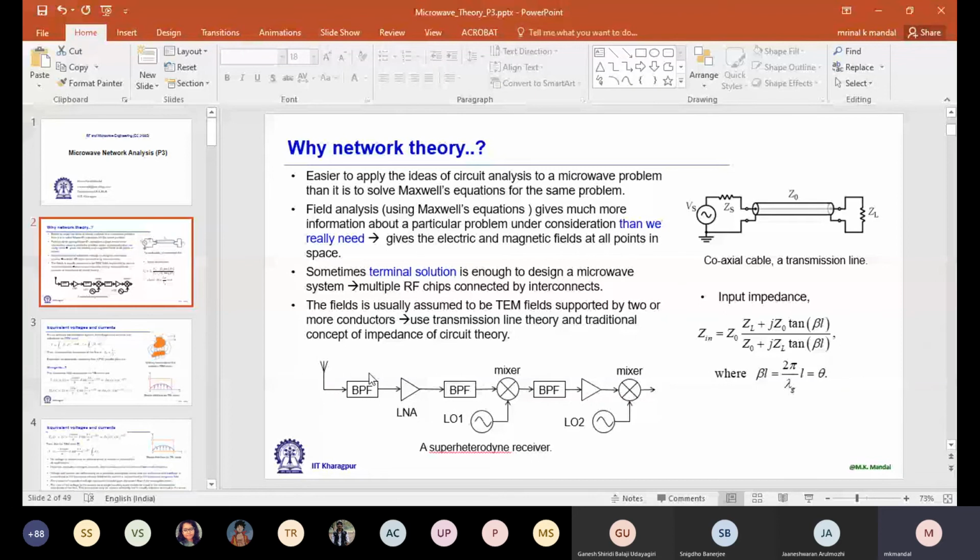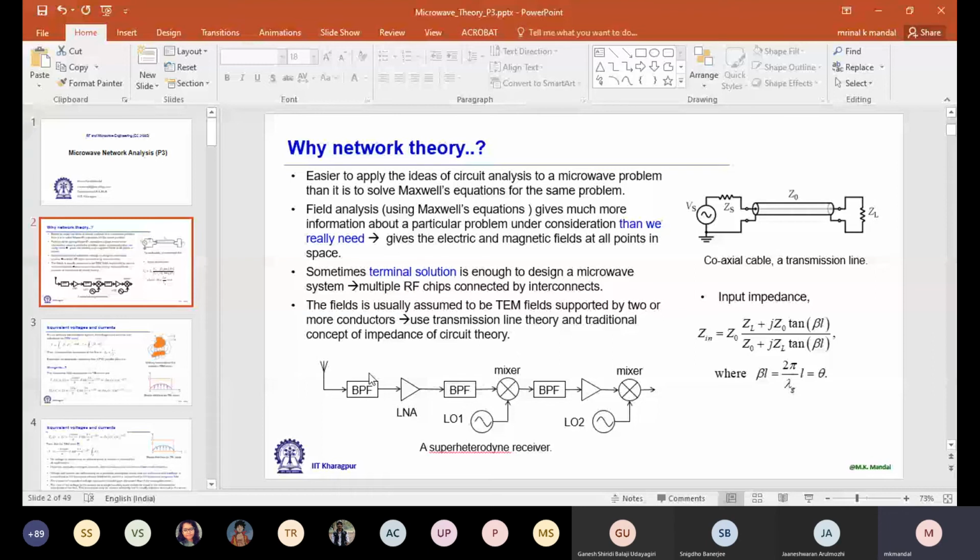If you buy a filter, they obviously won't show the circuit they used inside, because that is related to IP, a trade secret. They will just mention the terminal behavior, how the S parameters vary, a frequency versus S parameter plot. The same thing is true for an amplifier. For an amplifier, other than S parameters, there are some additional parameters like noise figure, IP3, IP1, and so on that we'll discuss later. So they will discuss this terminal behavior, and for a system engineer, this terminal behavior is enough.